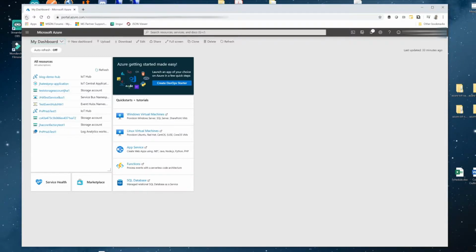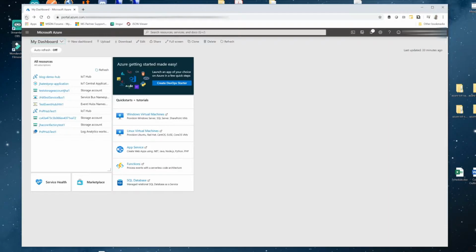Navigate to portal.azure.com, and after you're prompted to log in with your Microsoft account credentials, you are taken to the dashboard page. You need to create a resource group which will contain your instance of IoT Hub. A resource group allows you to manage one or more Azure resources together. Think of a resource group as a kind of logical container that groups your Azure resources together so you can